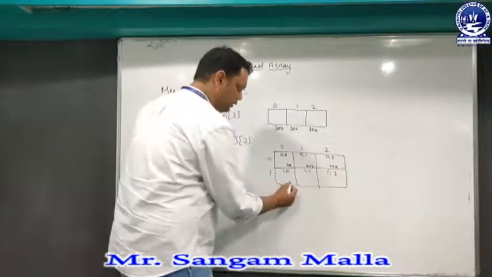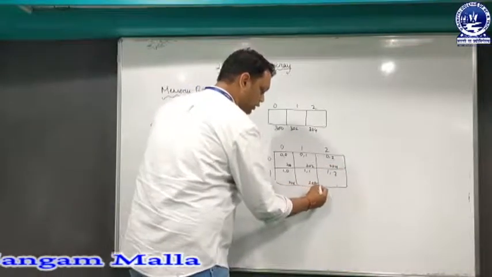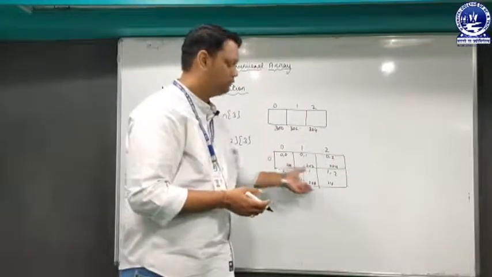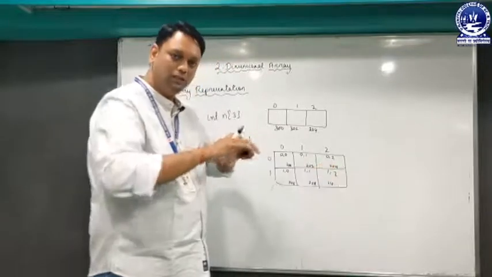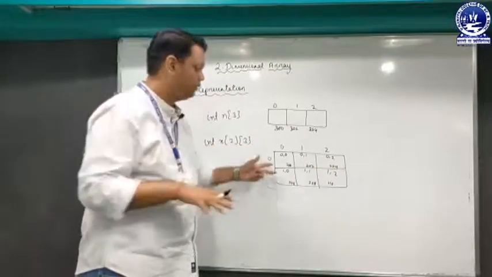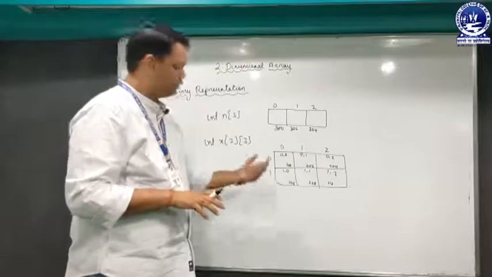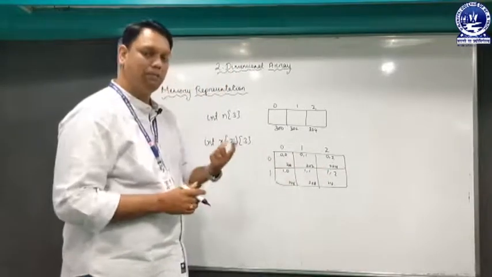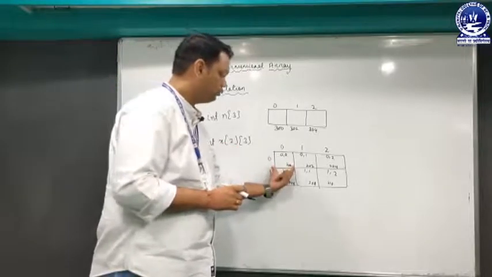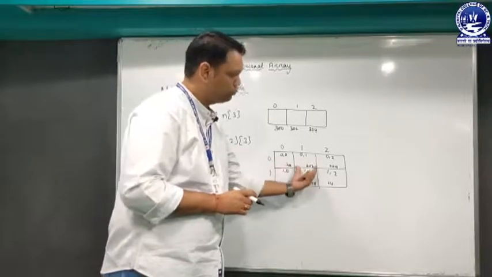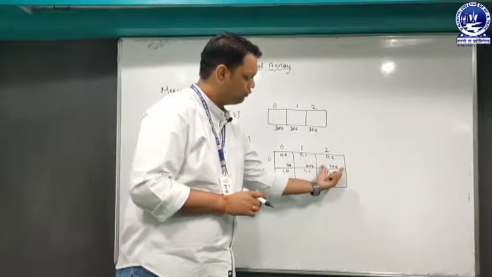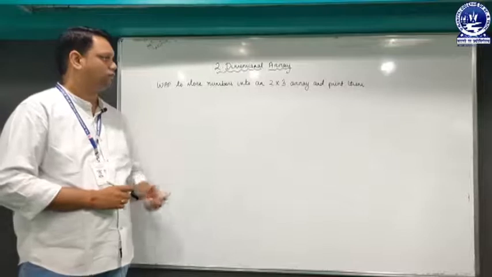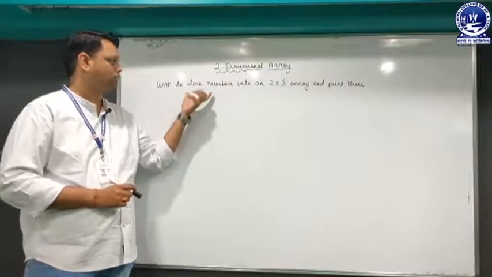Similarly, it will continue 206, 208, 210. Why will it continue? Because an array reserves a single memory location. That means continuous or consecutive memory locations will be used in case of an array. So if we are storing a memory block of integer type, and an integer has a capacity of 2 bytes, it will have 200 and 201, then 202, 203, then 204, 205, and similarly this will go on.